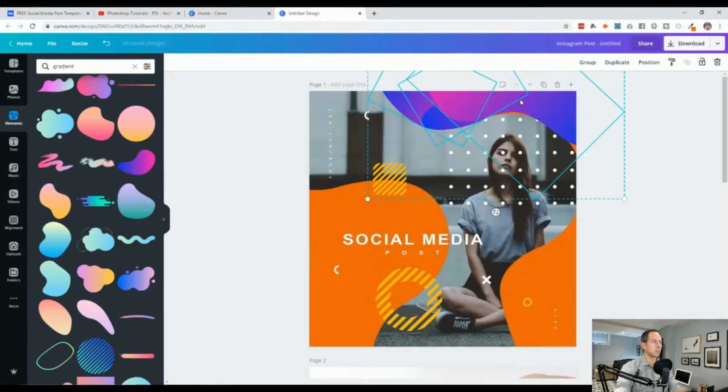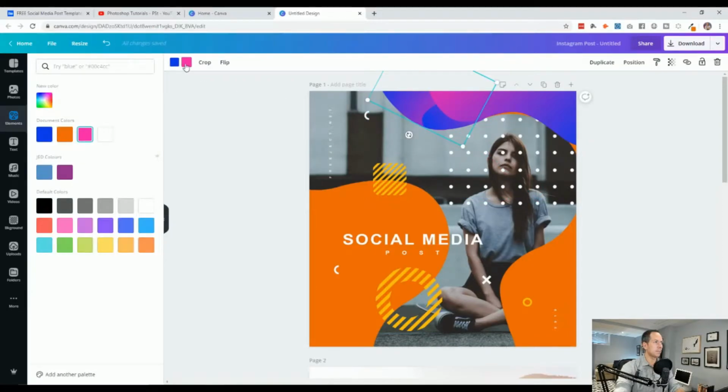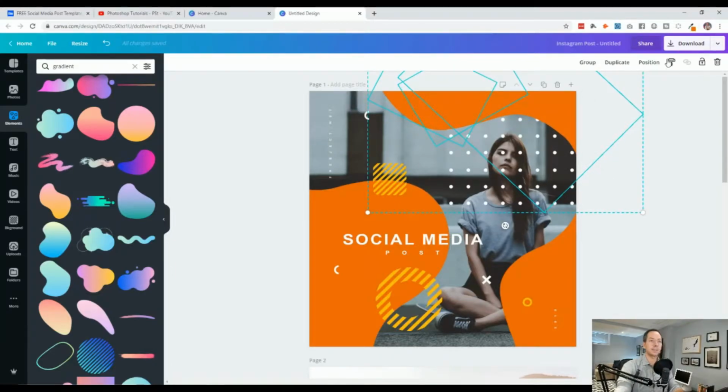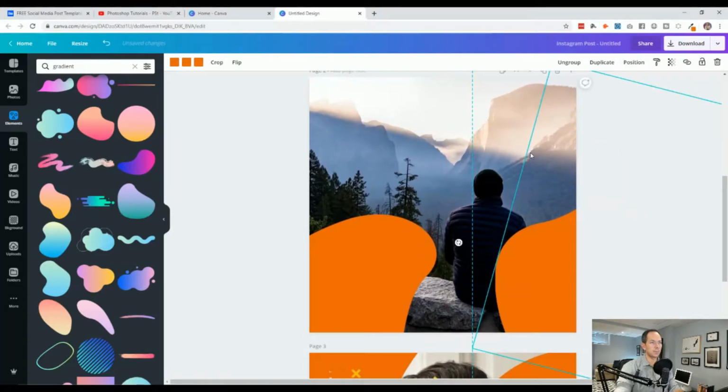So I think you can be a lot more specific, a lot more true to form, or, you know, again, ideally, as I've always mentioned with these things, the idea is not to take it exactly and mimic it. You really want to be inspired by it. So the general idea here would be, I like the flow of these shapes and how they kind of go against the colors, so I would do something similar, but obviously not the same. You never want to do an exact copy. That helps no one. Stick with inspiration. So 1, 2, 3, I'm gonna Control X, come over to here, Control V,